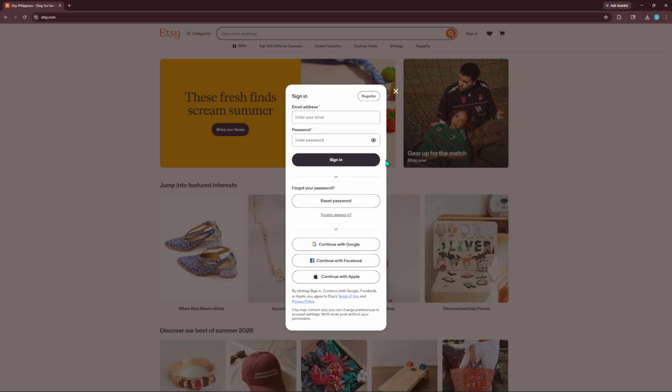If you're new to Etsy, you might notice several options for signing in. Etsy offers the convenience of logging in using your Google, Facebook, or Apple account. This can be a handy option if you prefer not to remember yet another password. However, if you've set up your Etsy account with an email, you can simply enter your email address and password